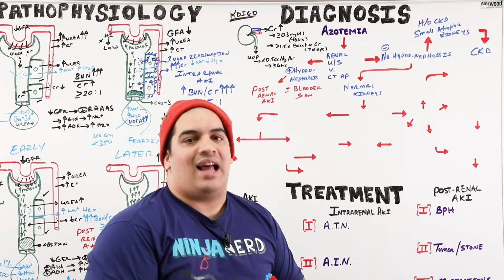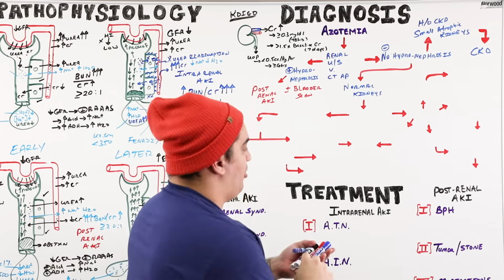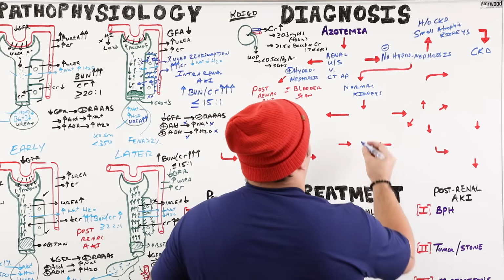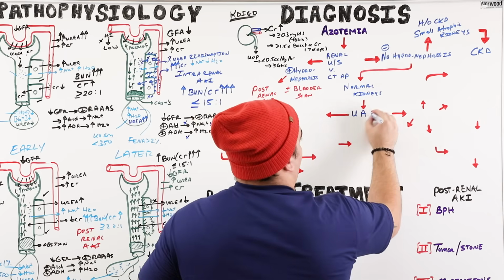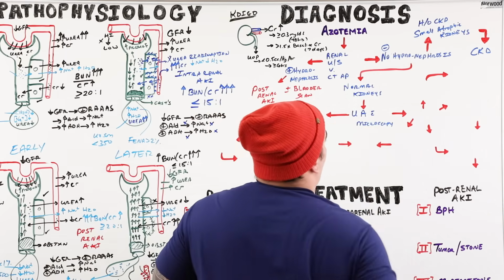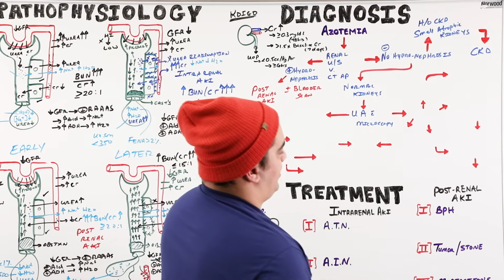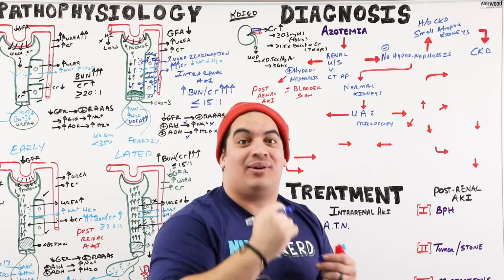This is not something that we classically do in practice, but it's what you're going to be needing to know for your exam and your boards, is that we may go to doing what's called a urinalysis, so a UA with microscopy. Okay? When you do a urinalysis with microscopy, what you're looking for is particular things that may pop up, right?